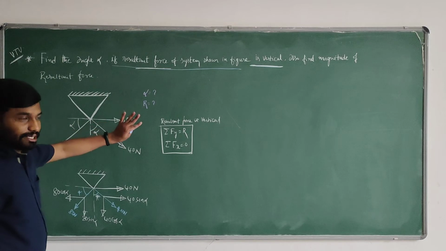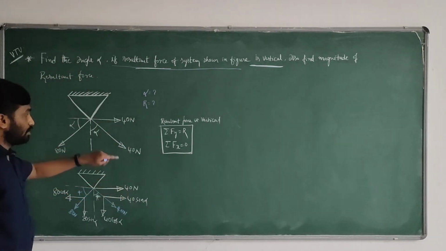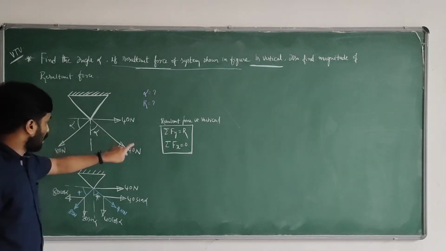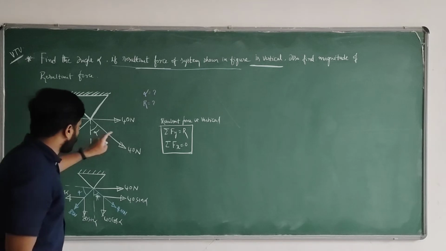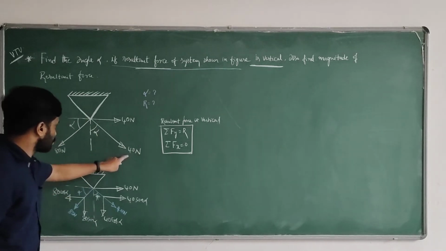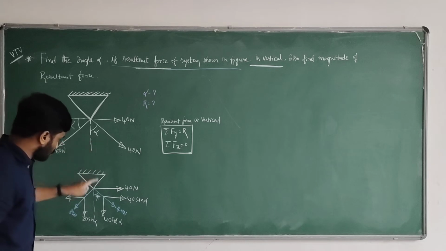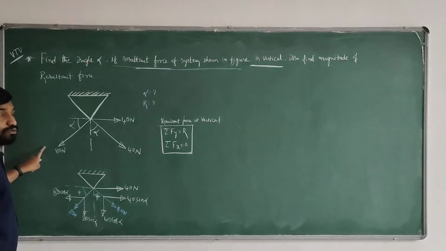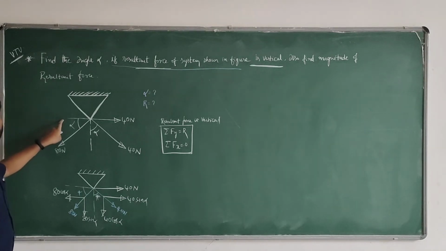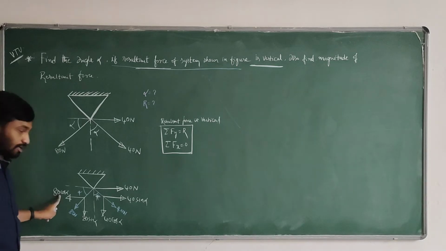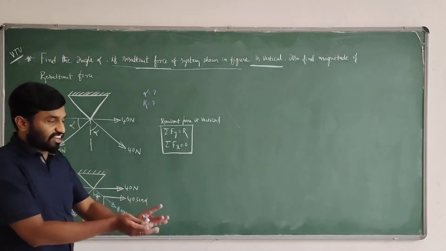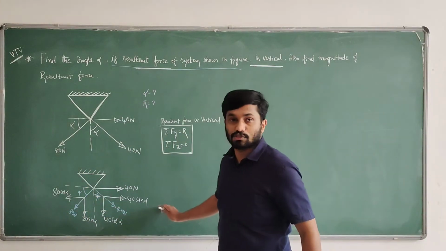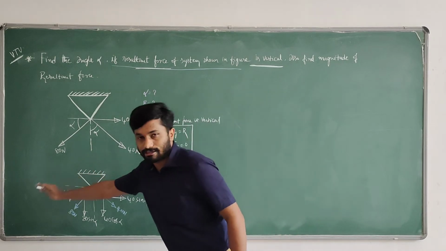The very important thing is, how many forces do we have? Here we have 3 forces. One is purely horizontal and the remaining two are inclined. We have to observe the inclination. The 40 Newton inclination is with respect to vertical, therefore vertical is cos theta. For the 80 Newton force, the inclination is with respect to horizontal, therefore the horizontal component is cos theta. This is a resolution concept. I have already explained it in my previous videos. This is a very important aspect of the free body diagram.